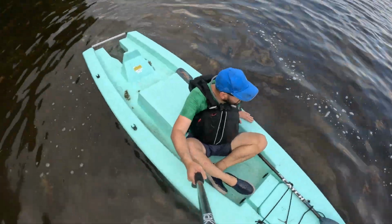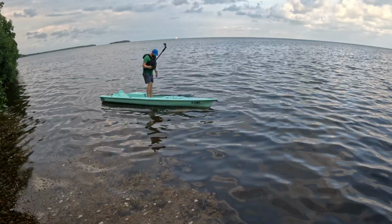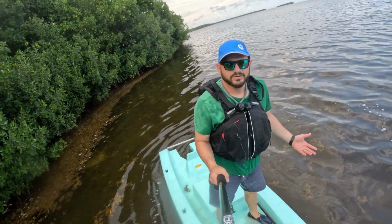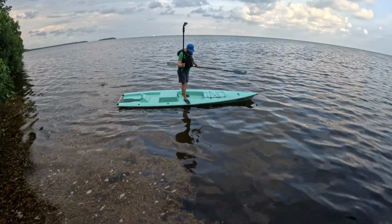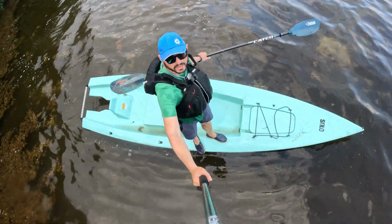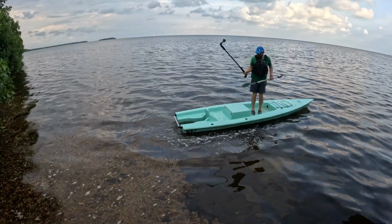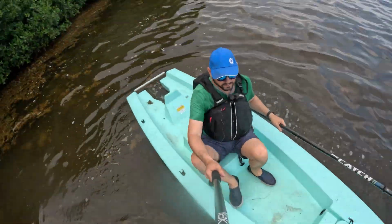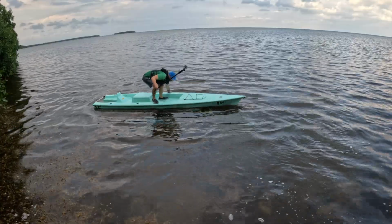This is not open water. You're not going 50 miles an hour. I mean, at 50 miles an hour you could flip, but you get the idea. Let's go ahead and see what it takes to flip it. Oh my God, look. I'm not kidding, dude. Look. See how that thing was able to hold me? I'm basically on the gunnel. Let's flip it for the show and for research purposes. Maybe if I...